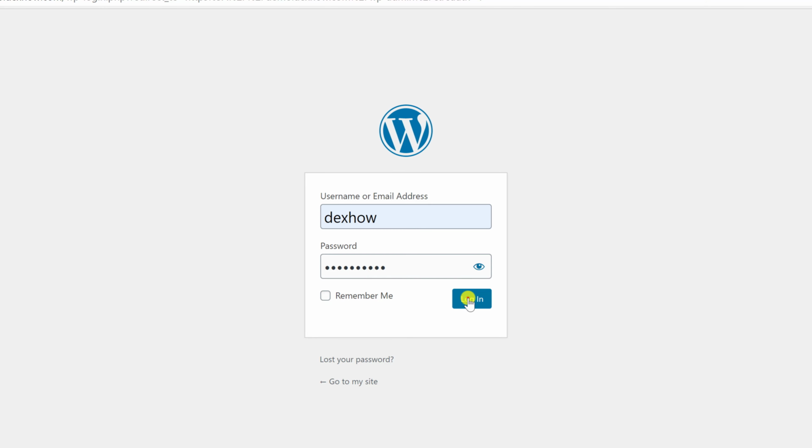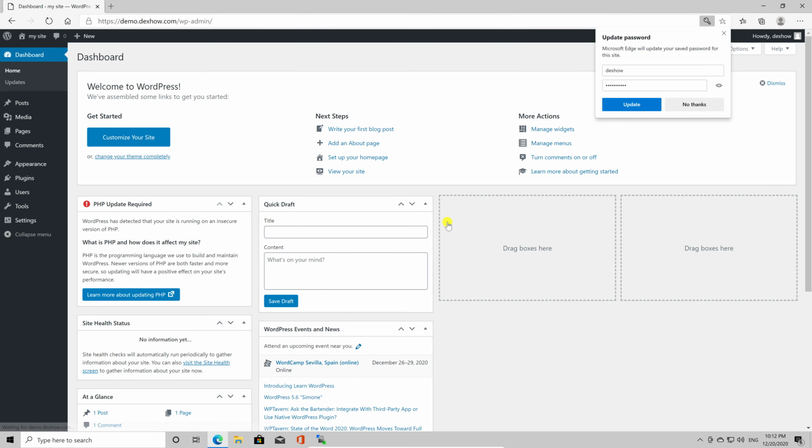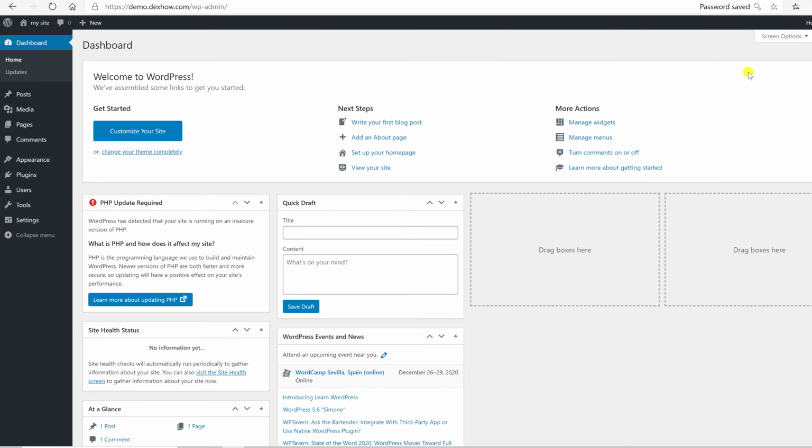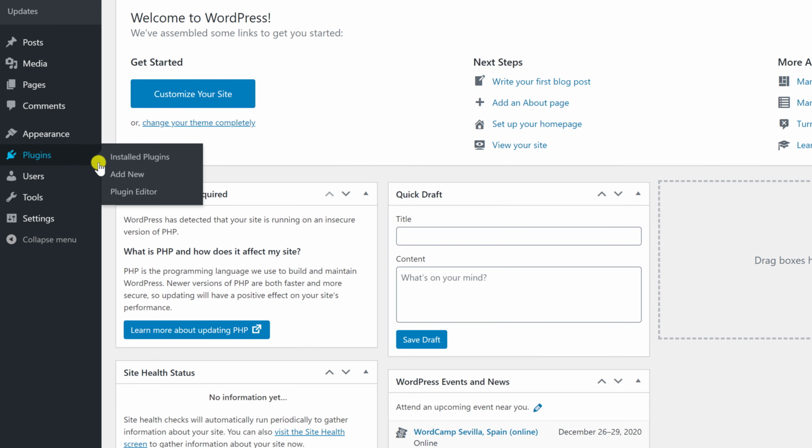The easiest way of installing a WordPress plugin is to use the plugin search. The only downside of this option is that a plugin must be in the WordPress plugin directory, which is limited to only free plugins. First thing, you need to visit the Plugins Add New page inside your WordPress admin area.